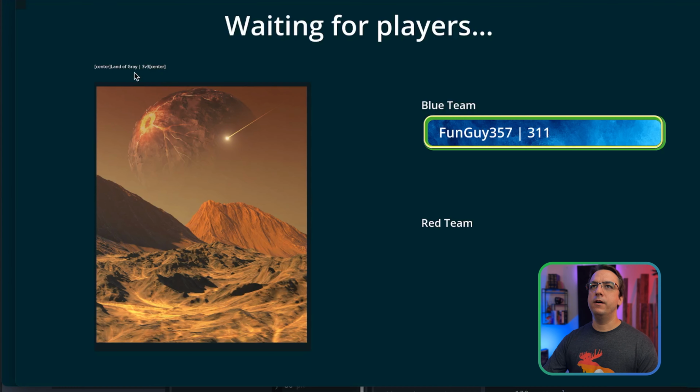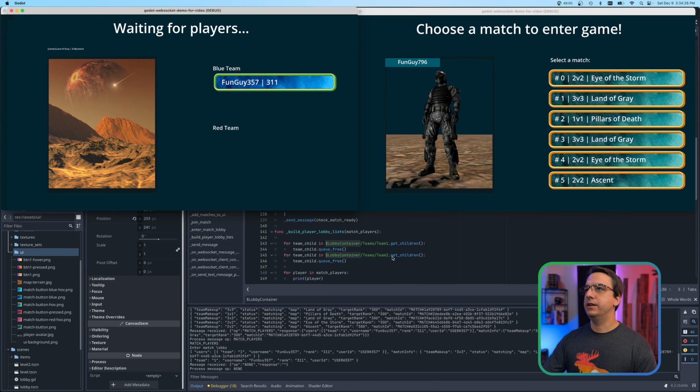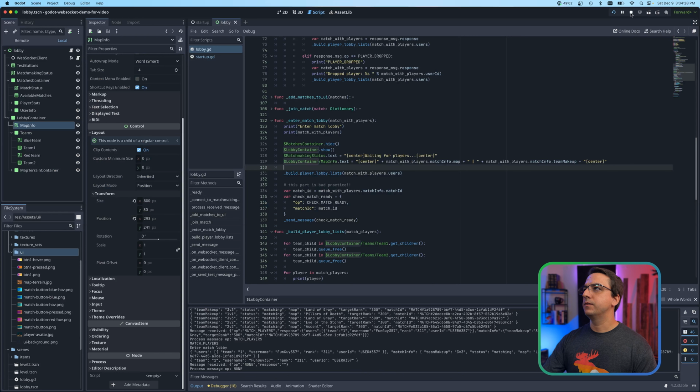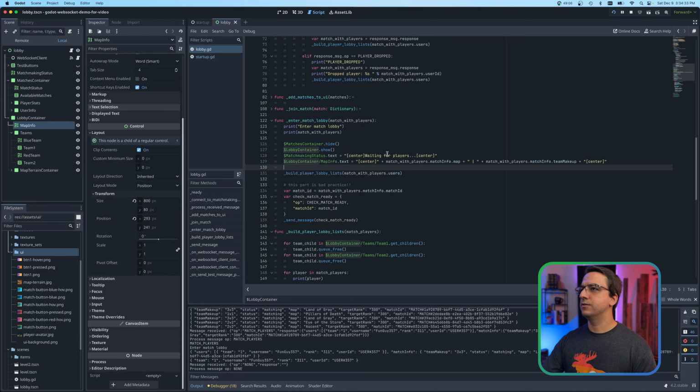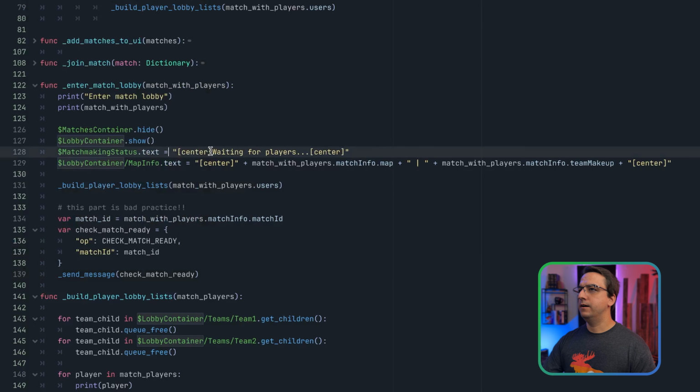It looks like I have a bug in my map code. Let's just look at that really quick. I don't want to get ahead of myself here. Let's see, what is that? That was the map stuff that I just added. So that's this right here. Did I mess something up there? Am I not using the BB code? What is this map? This is map info. So it's this one. So center,